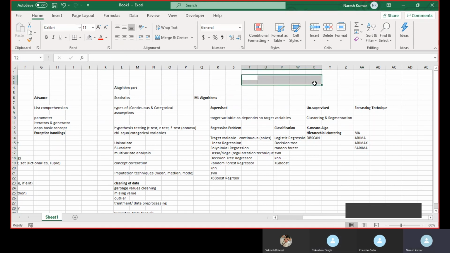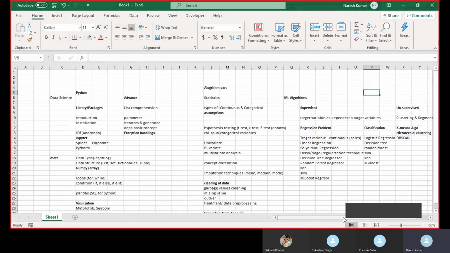So the overall structure of the preparation will be like this. Our first step would be dealing with Python, so that we have a basic handle on the programming language. Then we will jump on to our algorithm part, where we will take a data set and practice on it, so that we have the theoretical concept too, what it means and how we can apply it on the data set. That is how we would be doing our preparation. So this is the overall structure.